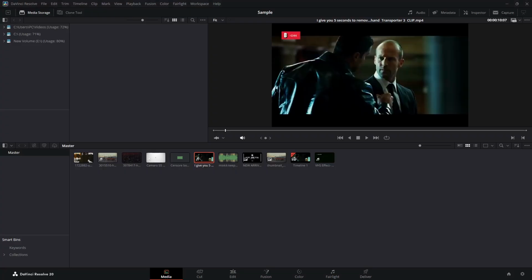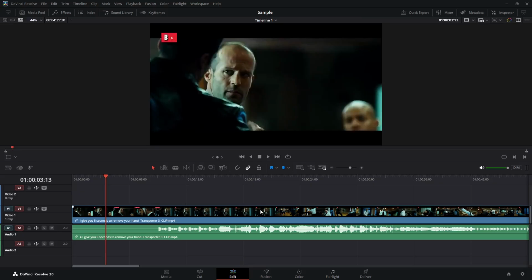Let's jump right in. First, open your DaVinci Resolve application. Once it loads up, you'll see several tabs at the bottom of your interface. Look for the one labeled Edit and click on it. This is where you'll spend most of your time working with your video and audio timeline, making precise edits to